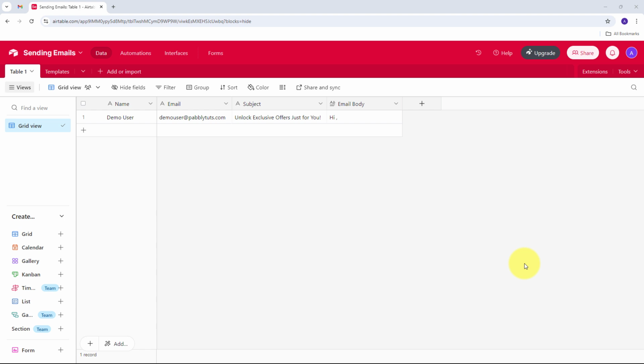Imagine you are managing a sales team that tracks leads and customer interactions. In Airtable, you have the records of the customers or the leads that can buy your products and can be converted into loyal customers. Here what you want is that each time a lead reaches a specific stage in the pipeline, you need to send a personalized follow-up email with a special offer to convert that lead into a customer and to keep